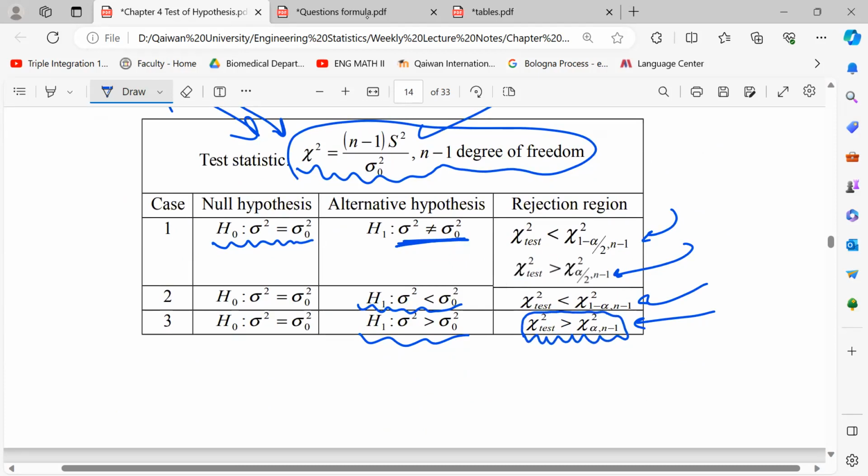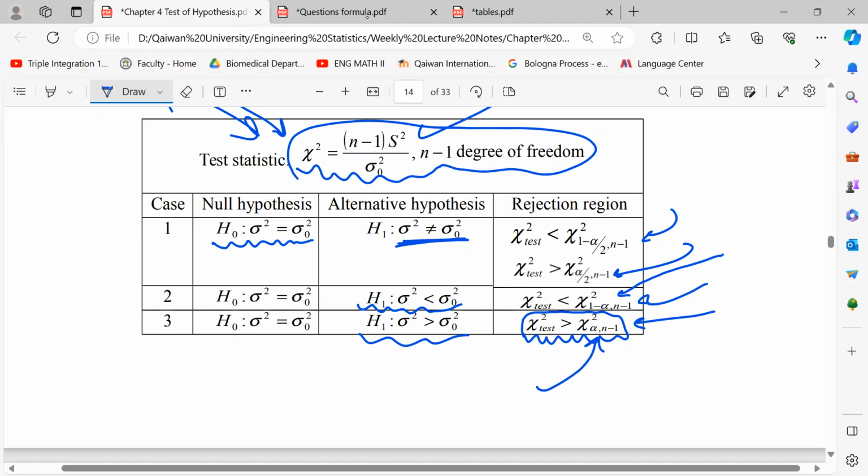That's this one. We need to find chi-squared of alpha and n minus 1. What if it is the previous case? In this case, we find chi-squared of 1 minus alpha and n minus 1. Okay? It's 1 minus alpha, and these two have different